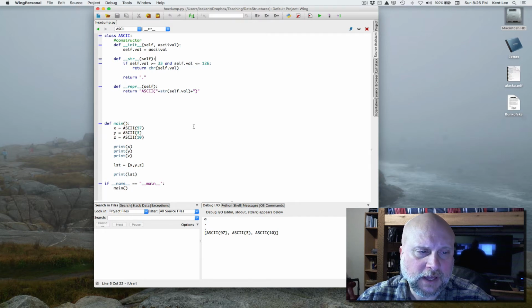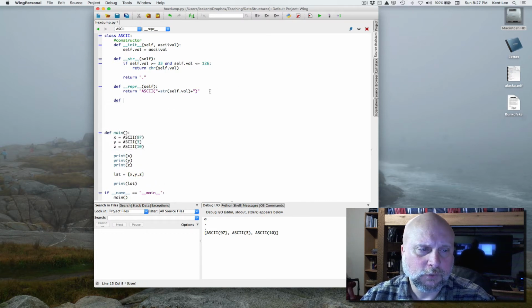They're called automatically when we do things like, for example, print, because print is going to convert each variable into a string and therefore call the string magic method. And when a list is printed, repr is called on each of the elements of the list. So this repr magic method is going to be called when the list is printed here in this part of the program. We're going to see that happen,